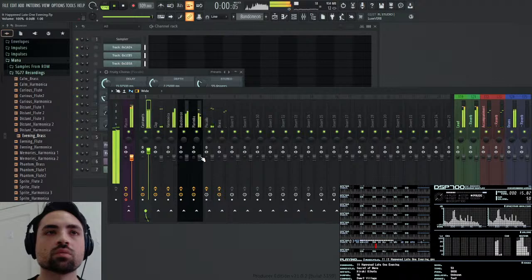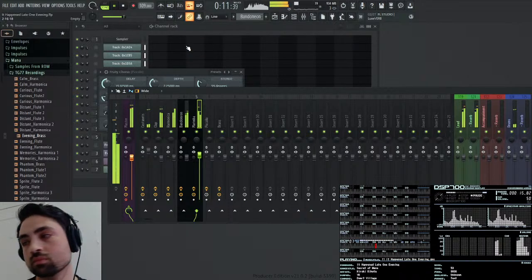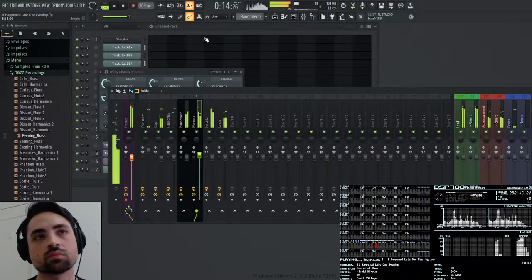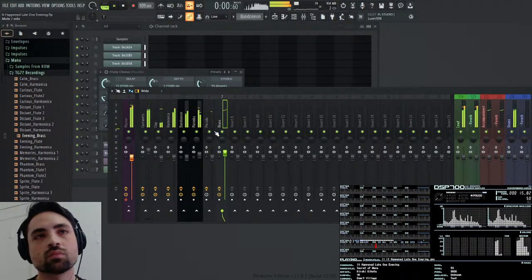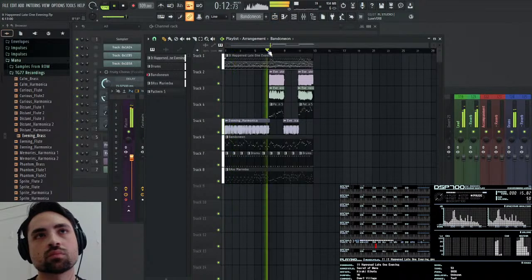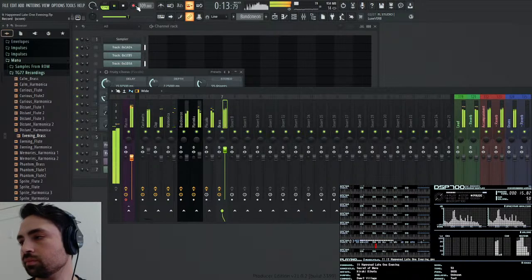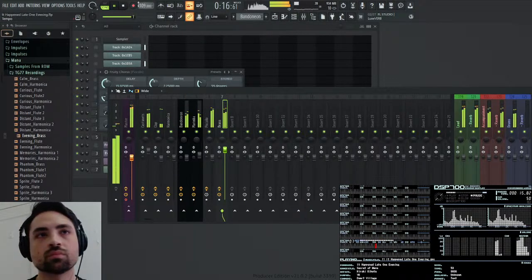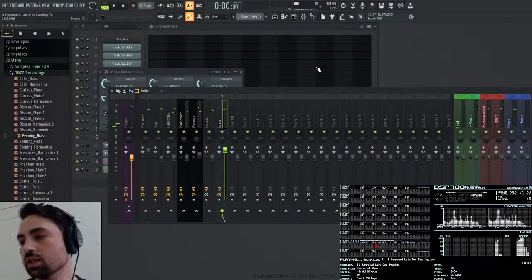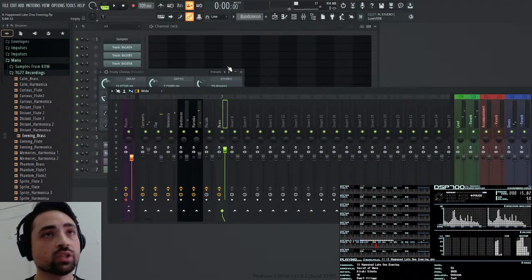Maybe the marimba too. Nice. Whoops. Okay, so that sounds good.